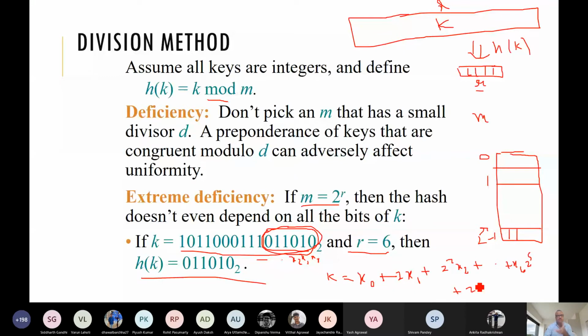Now if you do mod 2 to the power 6, that part will vanish and only the first part will remain, which is x0 to x5. So that is the very simple way.